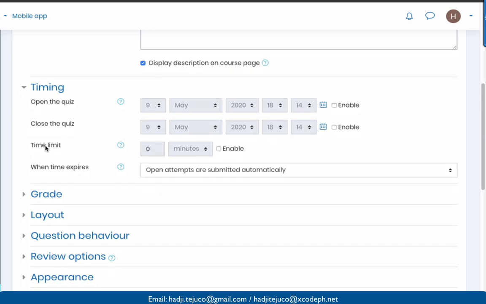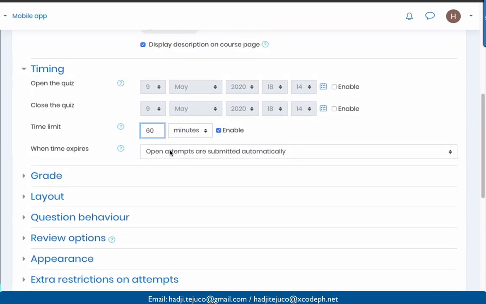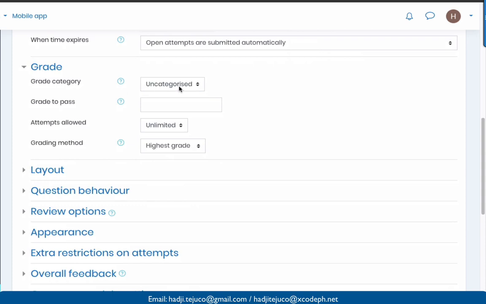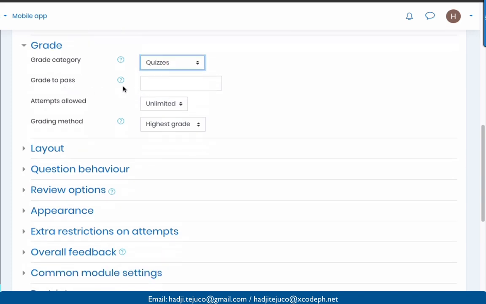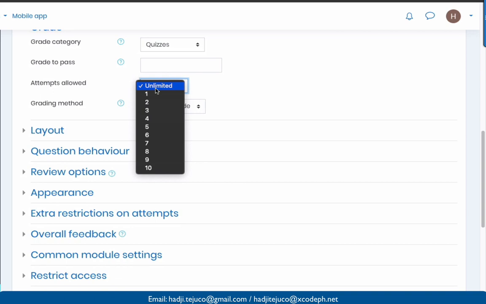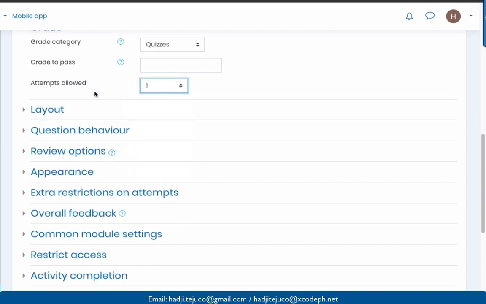After that, time limit. Since we're going to have an online quiz, you could set a time limit here. Let's say the quiz will be taken for 60 minutes. After that, just leave this one here. Grades. Okay, where would you like the grades to be placed? Since we have categorized it with our grade book, place it under quizzes. Grade to pass, if you would like to set a passing grade. Attempts allowed. It could be unlimited if you like, or you could give them at least one